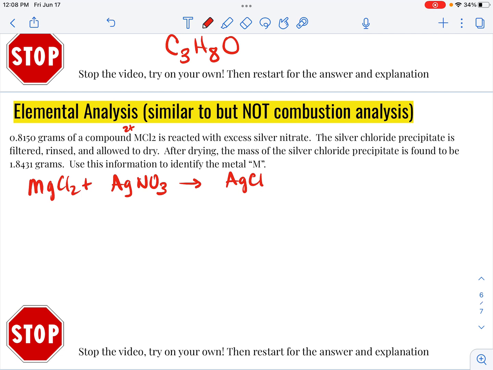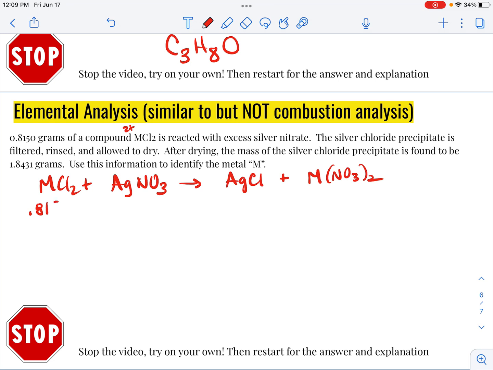I'm actually gonna finish the equation, although I don't really need it. This would be a double replacement, which would give, sorry, I wrote MgCl2 just out of habit. It is not magnesium. It's hard to write M, okay? So I would get M(NO3)2 because we know that M has a charge of 2+. I'm not going to balance the equation because I'm never going to use these coefficients, but I do want you